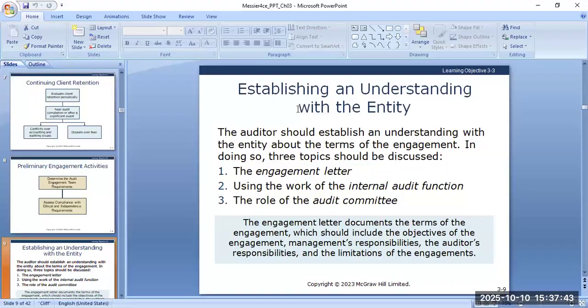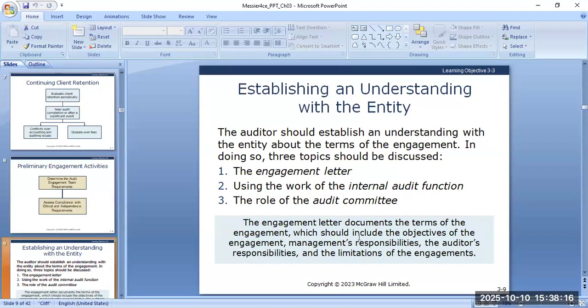So how are we going to establish this understanding with the entity? First, we should establish the understanding with the entity about the terms of the engagement. Now, how can we do that? First, we can go with the engagement letter, using the work of the internal audit function. And we're going to check the role of the audit committee, if there's a committee under the company under the